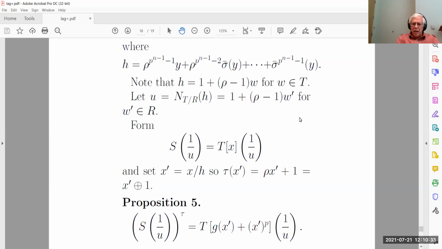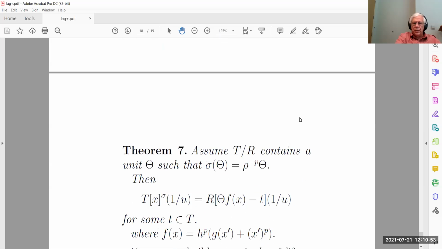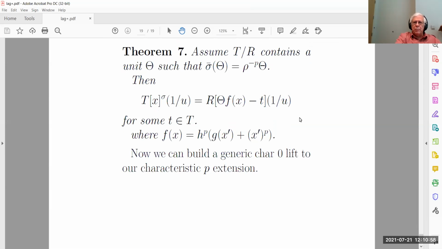So I now have the appropriate invariant ring. It's a localized polynomial ring. S_1 over u to the tau is that, where the guy in the middle is the polynomial I defined at the beginning of the talk, but I have to localize at u. And then I have to make another assumption about T over R. I have to assume it has a Kummer-like element theta, such that